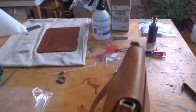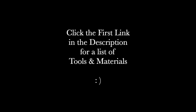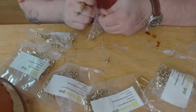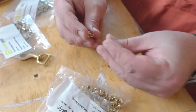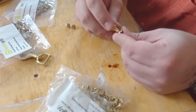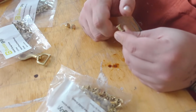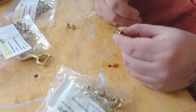Buckleguy went ham and made Chicago screws in like 8 million different sizes. If you don't know what a Chicago screw is, a rivet you set and it's permanent pretty much. Now if you're Beto or a very talented restorer, you can pull out a rivet and reinstall it. I am not that talented. So they made a whole line of Chicago screws, and when I say they have every size, they sent me a box. It's 1, 2, 3, 4, 5, 6, 7, 8, 9, 10, 11, I think 12 different sizes,